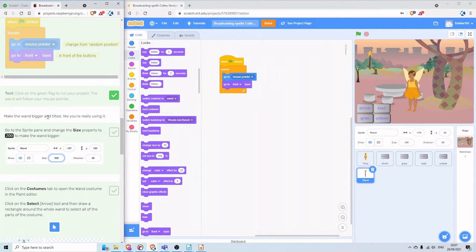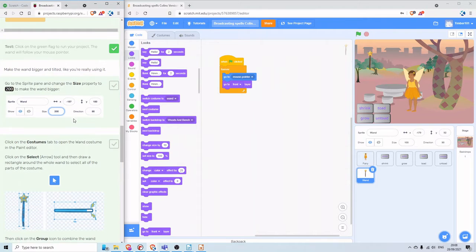So the next instruction is make the wand bigger and tilted like you're really using it. So we're going to change the size to 200%. With the wand clicked, there's a size option here. And if I change that to 200, the wand will double in size. And they're suggesting that we